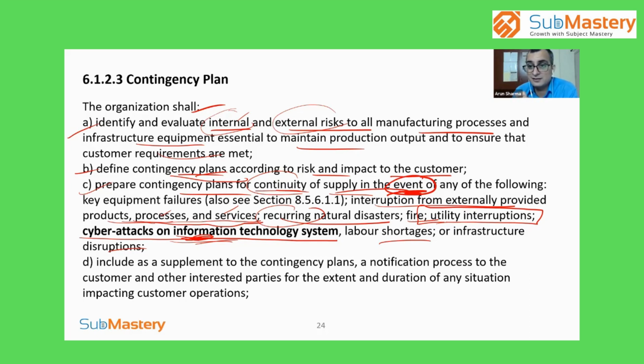If you see the villain, when they hijack a plane or hijack a particular number of people, then they say that I will kill one person at a time if the government or the people do not agree to their demand. In a similar way, he threatened. That message was a kind of threat, that if you do not put the Bitcoin or the money in the account, the files will be deleted one by one. Every hour I will delete one file.